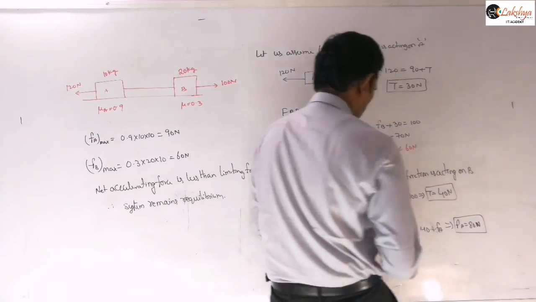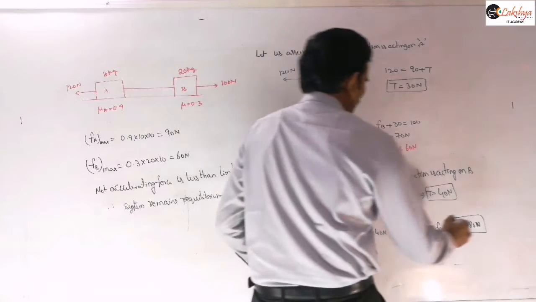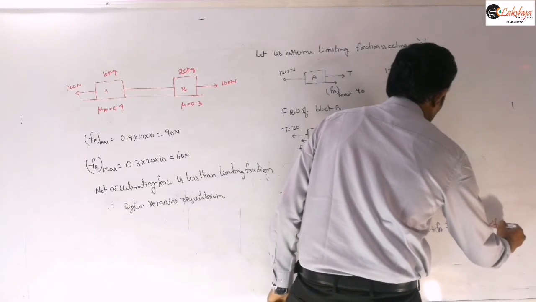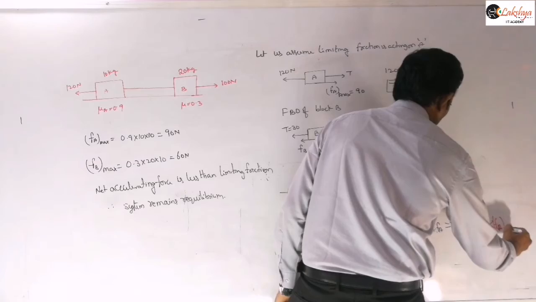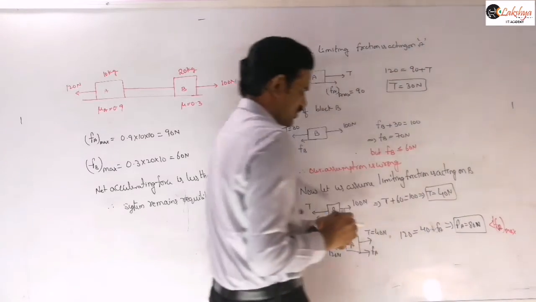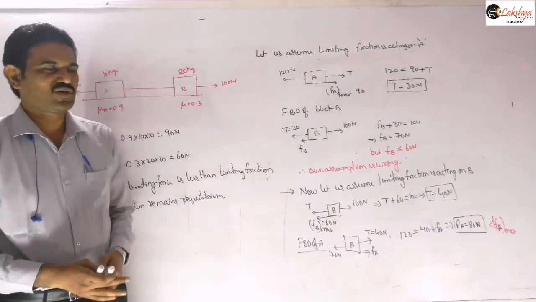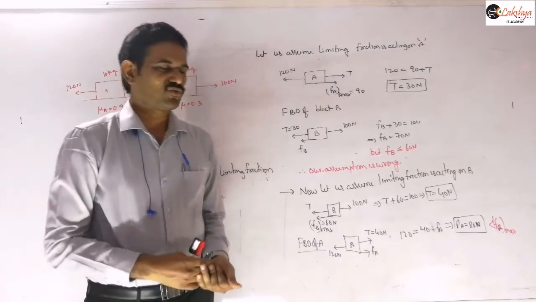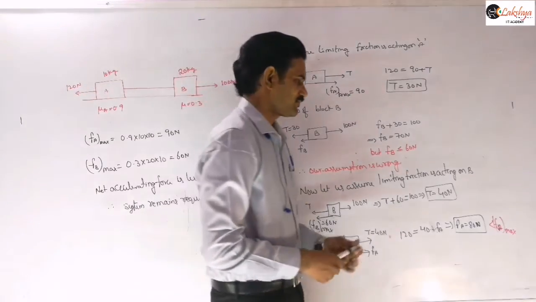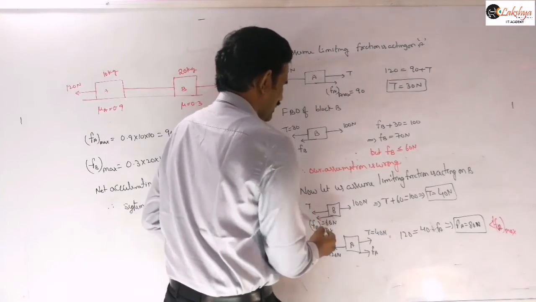So this FA is equal to 80 newtons, and now you can observe that FA value is less than the limiting friction here. So this value is less than FA limiting. So that means now our calculation is correct. Once you are getting such a situation, then our calculation will be correct there. And so finally now what we should conclude is the force acting on this block B will be like 60 newtons.